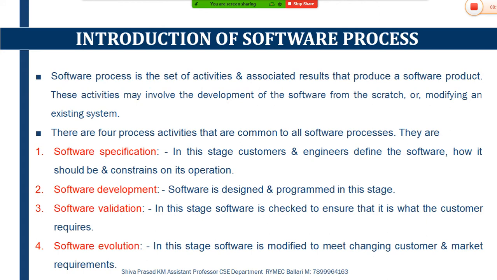One is software specification, second is software development, third is software validation, and the fourth is software evolution. Software specification, once again I repeat in brief, deals with 4 different stages. The first stage is gathering the requirements from the customer. Once you gather them, the second step is to bifurcate those requirements into major and minor requirements and define them. After defining the requirements, you will identify the operations needed and the constraints required for performing those operations, which become known in this first step.